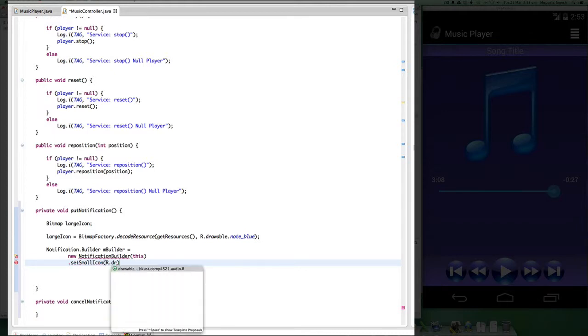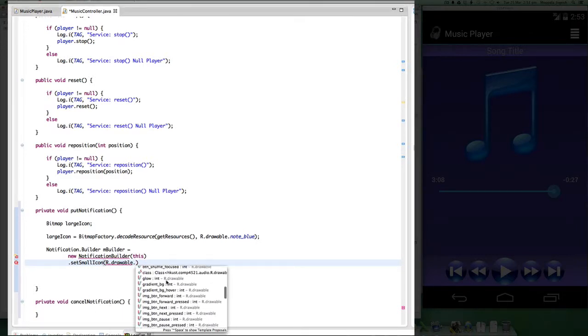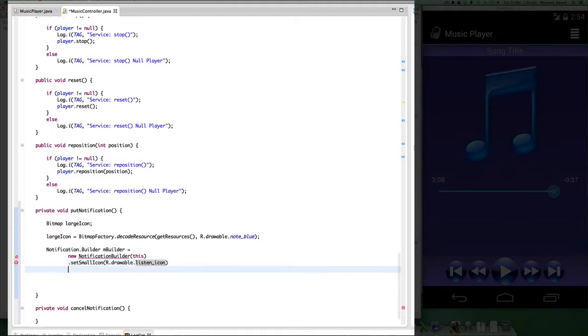and for the small icon I already have this icon in my code called listen icon, which is nothing but a headphones icon which I'm using as the icon for my music player application. So setSmallIcon, and then I would set LargeIcon to